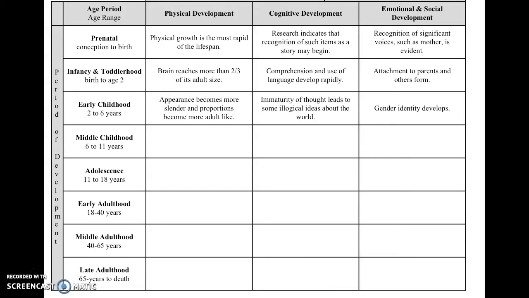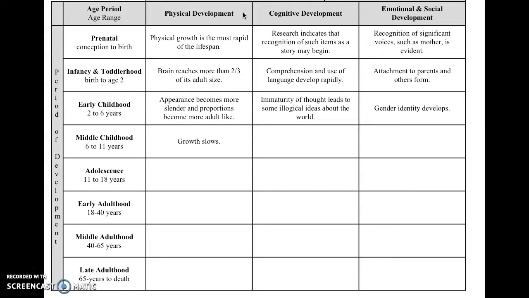rules. For emotional and social development, students are often surprised to learn that gender identity develops. Students often think that gender identity fits into the physical domain. Again, there is a physical component, but gender identity is not synonymous with biological sex. Rather, it is a complex social construct that describes how individuals see themselves as relatively masculine or feminine in characteristics. In middle childhood and physical development, we find that growth slows.